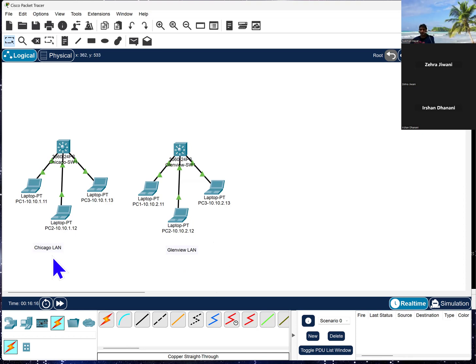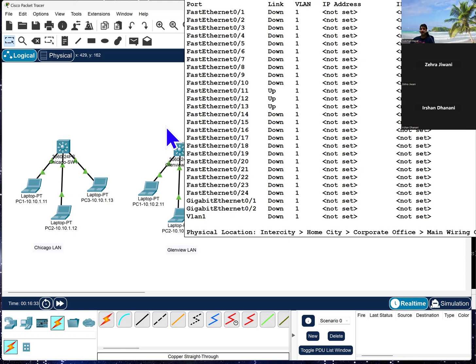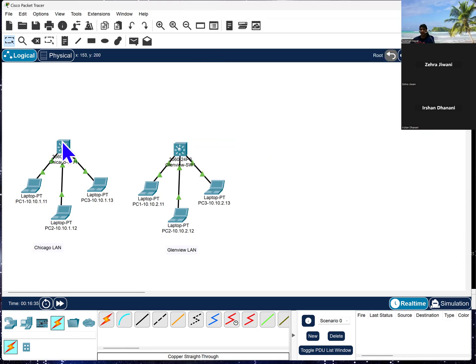But right now the question is, let's say two locations, they are far, not very close, maybe like 10 to 20, 25, 13 miles apart, and how do we connect? So we go to the ISP, the service provider, and we say, can you run a cable from Chicago to the Glenview location? And if they provide me a cable,